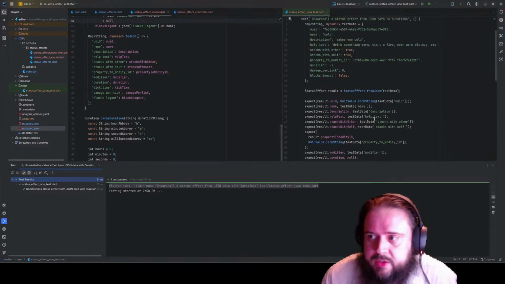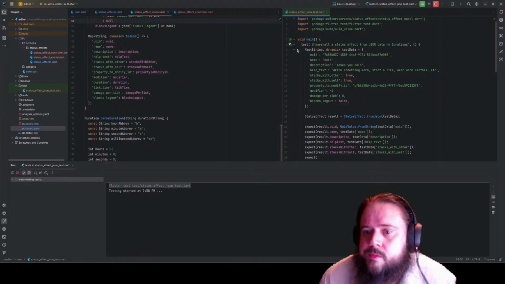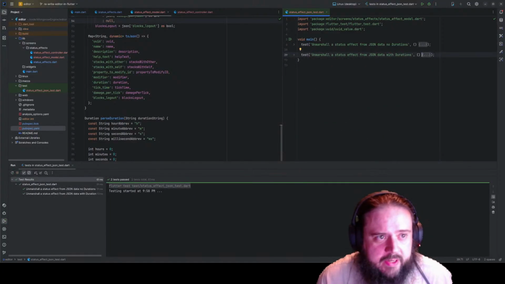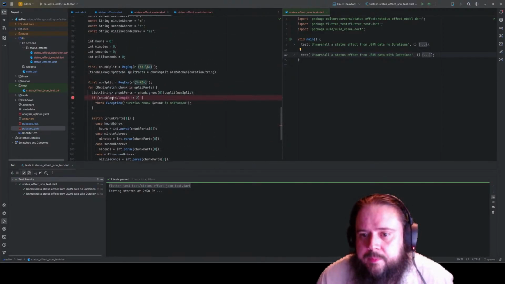And that would resolve our test. Couple little gotchas in Dartland there. Not a huge fan of, but so here we're gonna want to